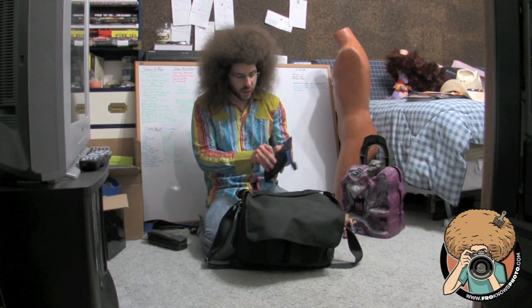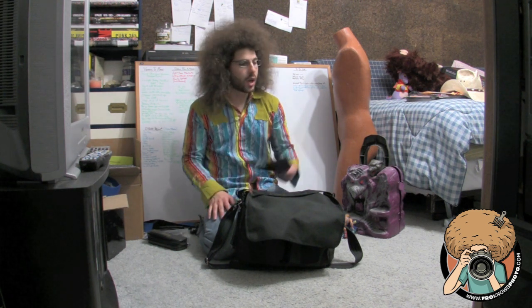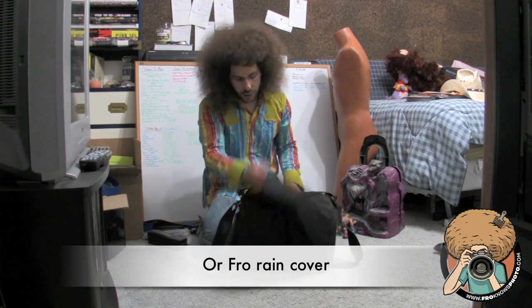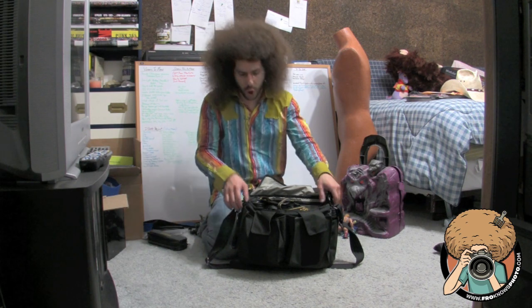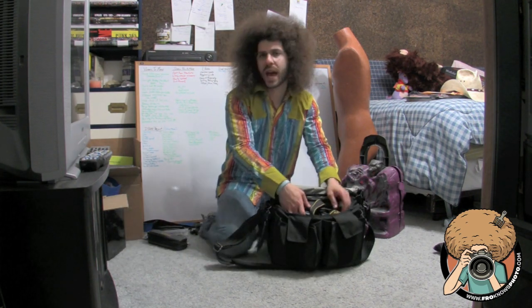And I'll just start off with every Think Tank bag always comes with some sort of rain cover and raincoat just in case you get caught in the rain, and it also makes for a good shower cap. So I want to take out what I put into this bag and just show you how I have it set up. You can see this, that I have the D3S with the